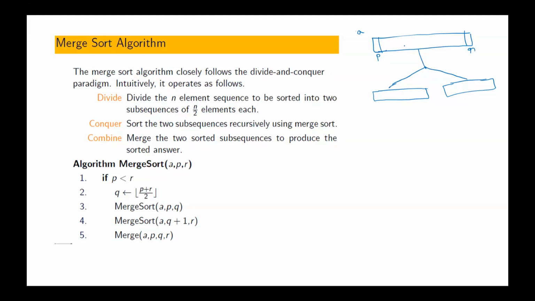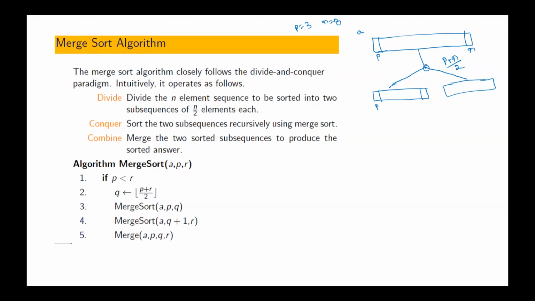Okay. So now what are the indices of subarrays? In order to divide, we divide in the middle. Middle means what? P plus R by 2, no? Halfway point. Sometimes we may not get P plus R by 2 as an integer. For example, P equal to 3 and R equal to 8. 3 plus 8 by 2 means